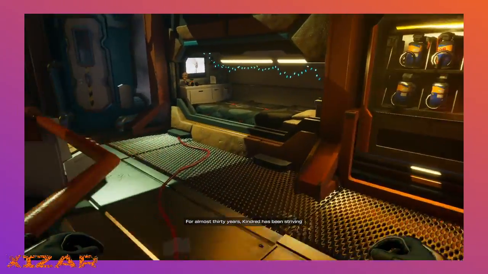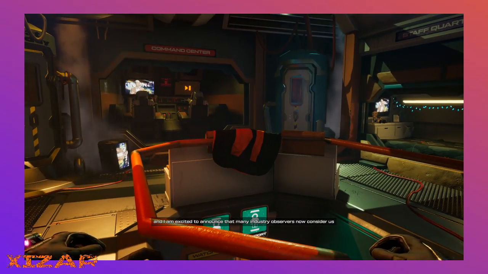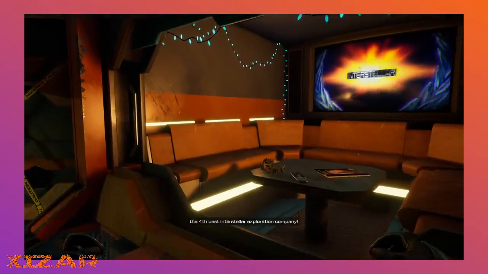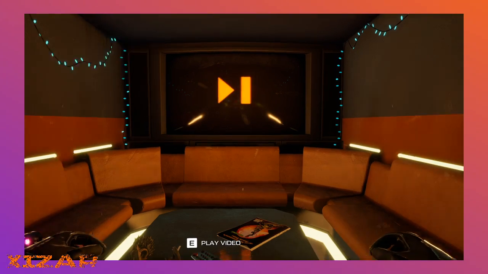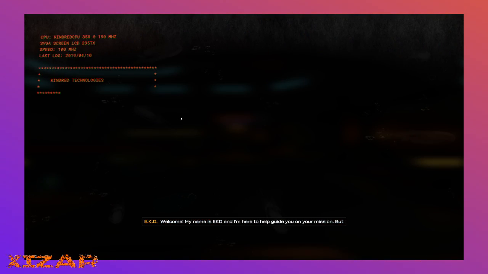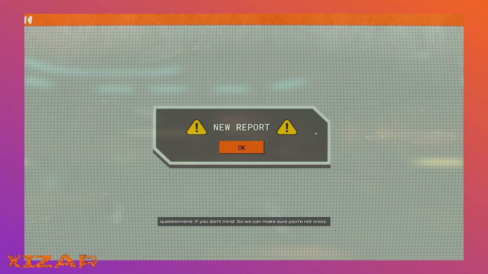Kindred has been striving to help humanity expand beyond the confines of Earth, and I am excited to announce that many industry observers now consider us the 4th best interstellar exploration company. Welcome. My name is Echo, and I'm here to help guide you on your mission. But first things first, please log into the computer and fill out a teeny-weeny questionnaire, if you don't mind, so we can make sure you're not...